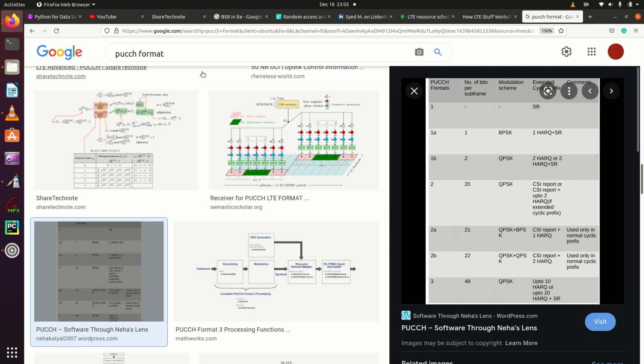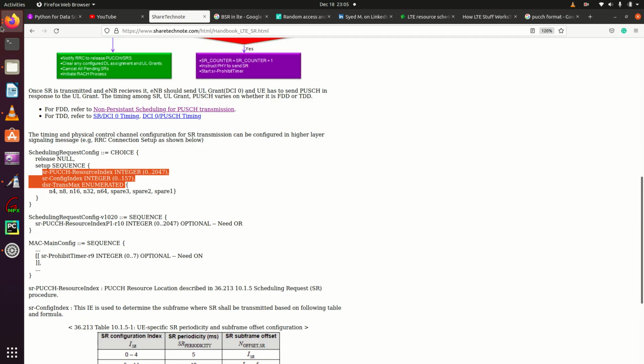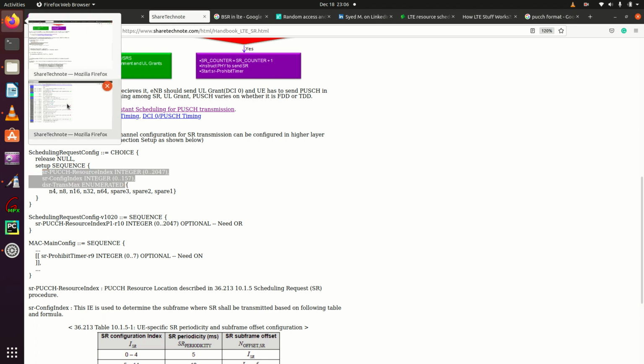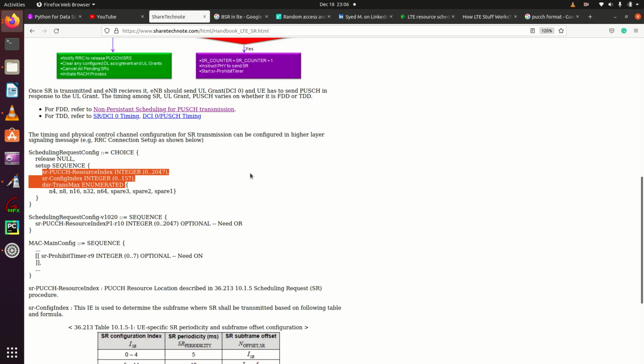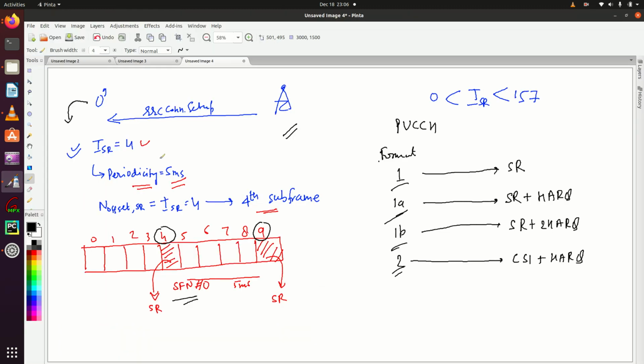In the last tutorial I showed you a UE log, right? Let me cross check what they used there. For PUCCH here, SR equal to 1, see, format 1 has been used right here. So they used format 1 to send the scheduling request. In the next tutorial we will cover the buffer status report. Okay, thank you.